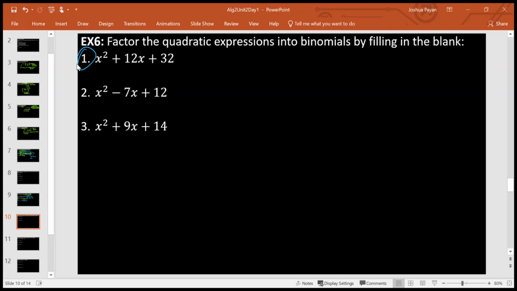So starting here, a is equal to 1. All we're going to do is fill in the blank. So I'm going to put two binomial factor bubbles here, and these are just blank. So this is x plus or minus unknown, x plus or minus unknown, multiplying them together would give us this. And because a is equal to 1, we're going to take c and use the factors of c